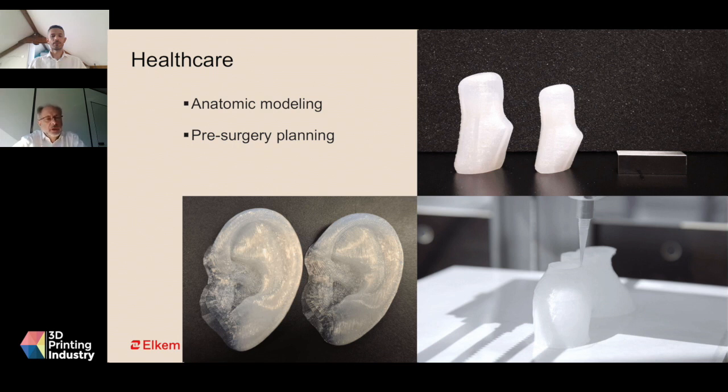And two examples, for instance: we have anatomic modeling for the training of surgeons, allowing them to have a real physical feel when they do the training, and that would allow them to not train themselves on animals or on dead bodies, something that people really want to see disappearing out of the landscape. So we need the right models having the right properties.